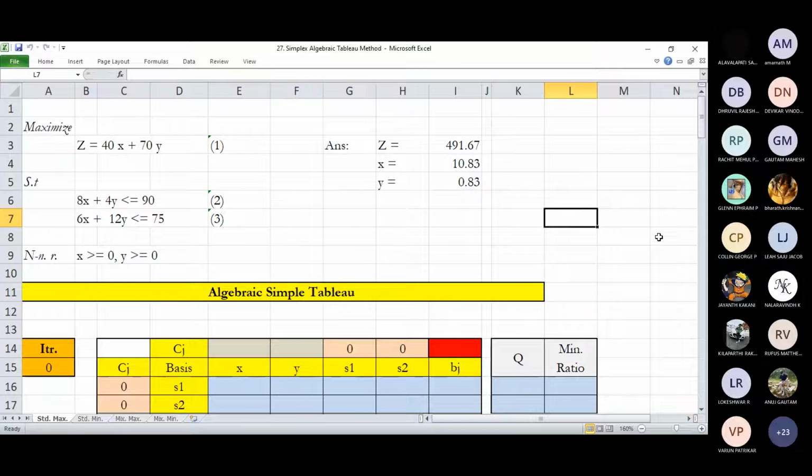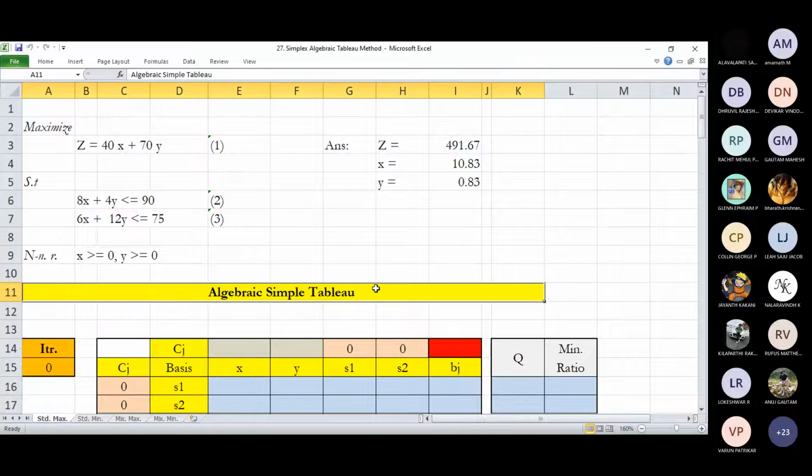So I repeat, in an exam, when a simplex question is asked, if it is mentioned to use only the matrix table, you have to stick with the matrix table, or if it says use only the algebraic table, you have to stick with only the algebraic table. Otherwise, if nothing is mentioned, you are free to choose either the matrix or the algebraic table. But when mentioned, you have to stick to the same method to solve it. Right? This method is in many operations research textbooks, more than the matrix table. So let's dive into the problem.